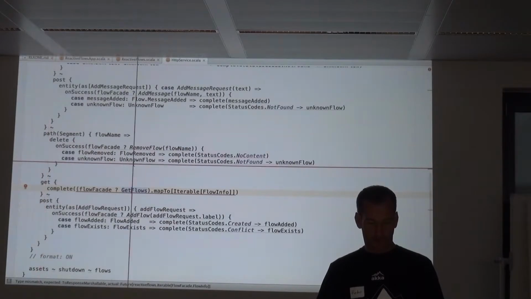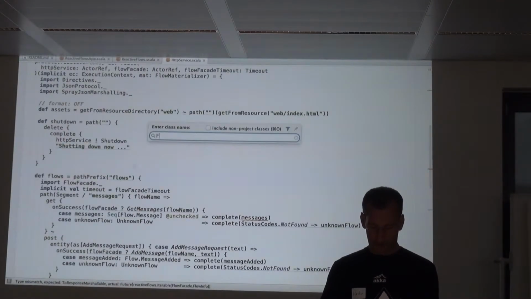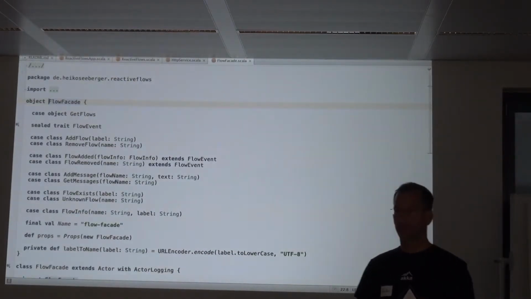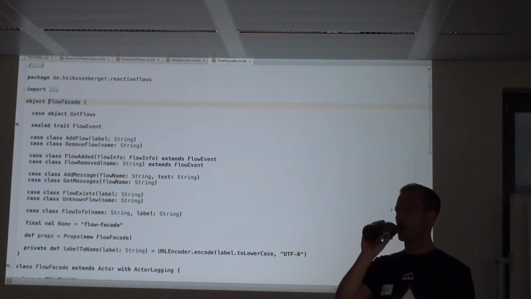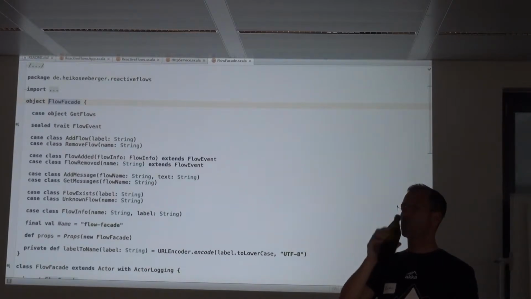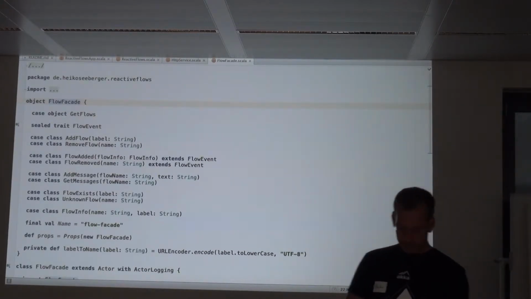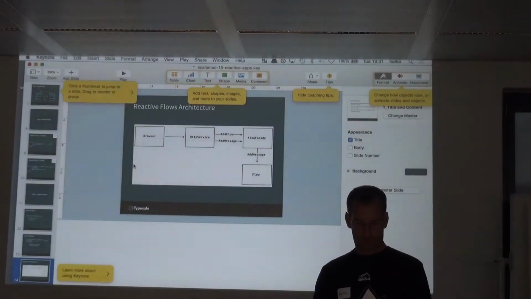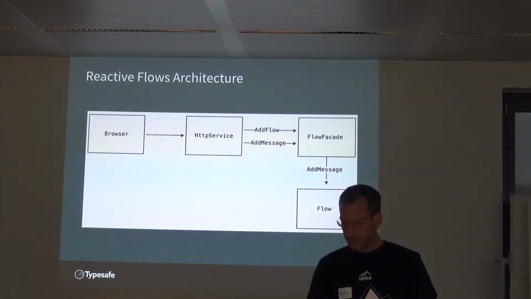All right, so the flow facade hasn't been shown to you. So let's do a quick look. Yes, of course. Describe the flow of this message, how it goes through HTTP Akka and how it goes into the other actors and how it comes back to the response.